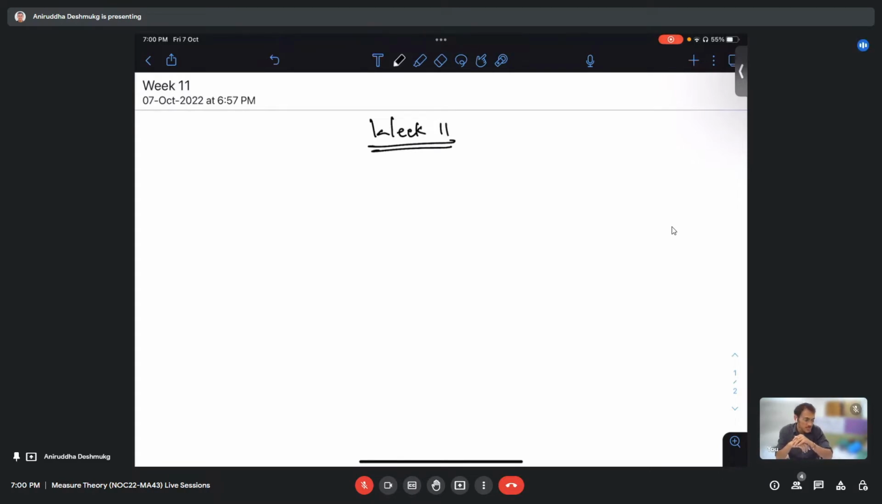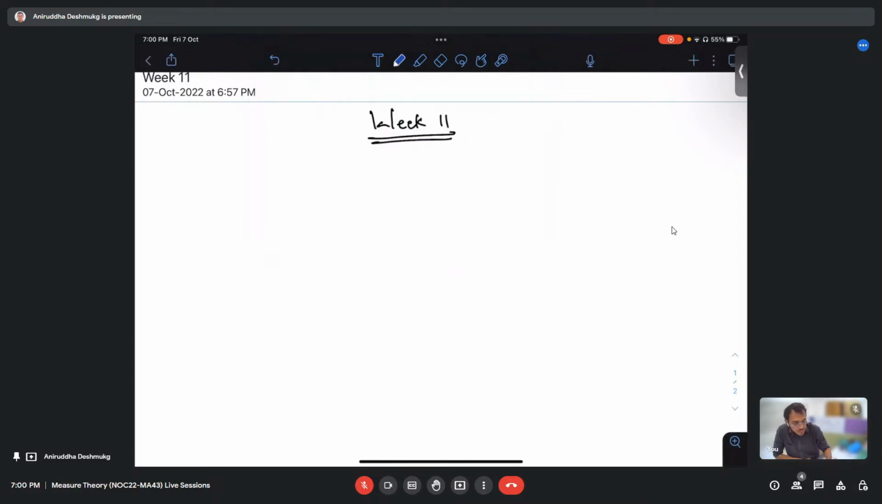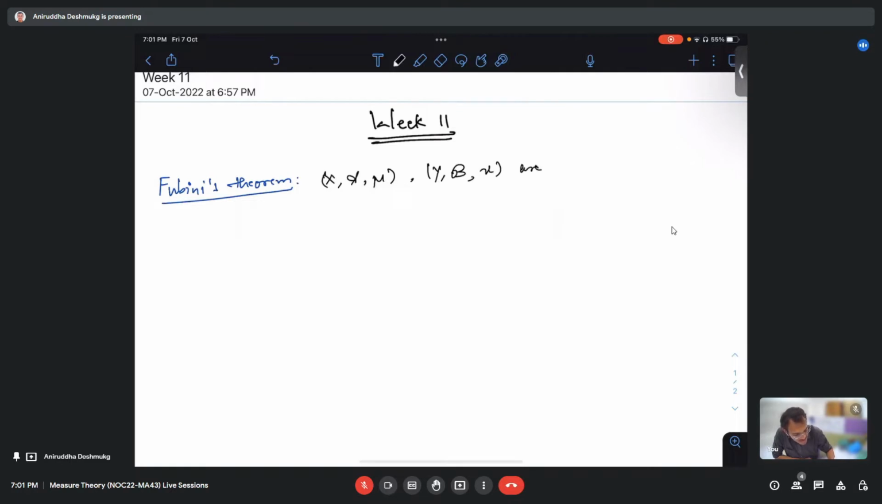And the topic we have covered in week 11 contents is the Fubini theorem. Let me just write the Fubini theorem first, then I'll give some time to ask questions. Fubini theorem. It says that, of course, we need to start with some measure spaces, (X, A, mu) and (Y, B, nu), they are measure spaces,